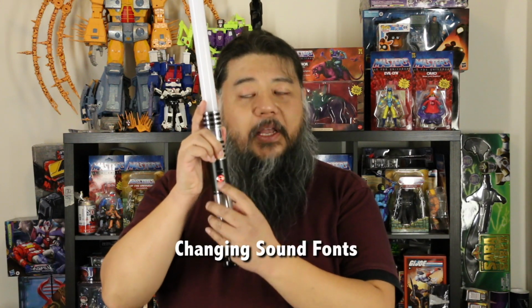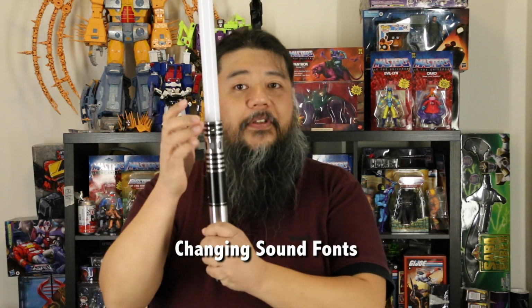Now, if you wanted to change your fonts, you have to do it in standby mode again, so the light is on, and you twist it to the left. So you just do a quick twist like this. The high ground. It changes the sound font. So this is the high ground, and it sounds like this. Very much like Obi-Wan Kenobi's lightsaber. Absolutely incredible. If I change the sound font again,